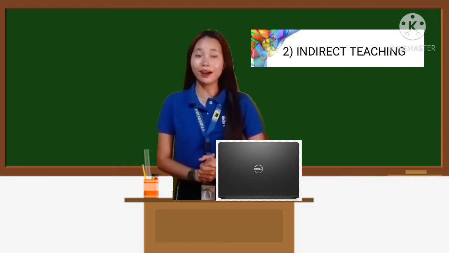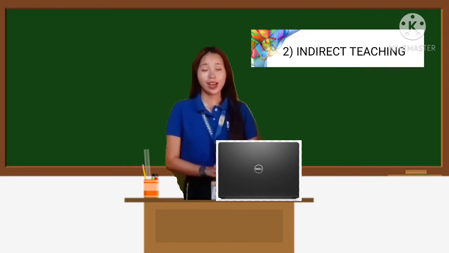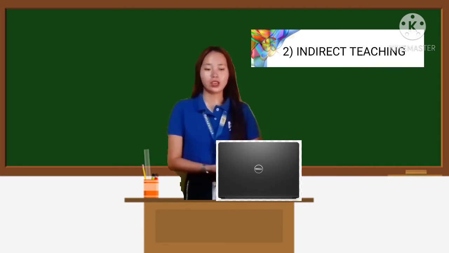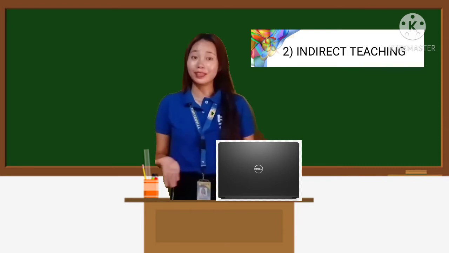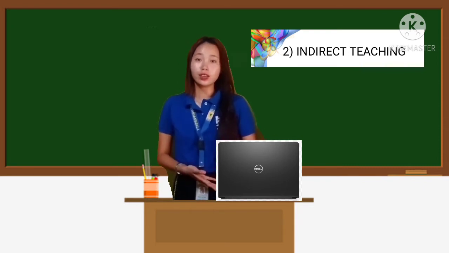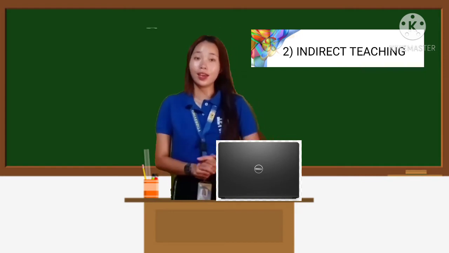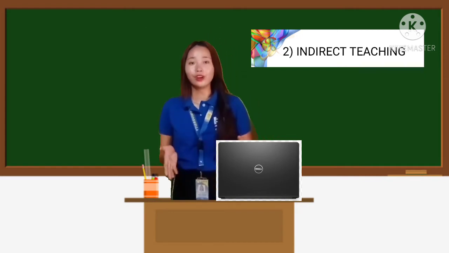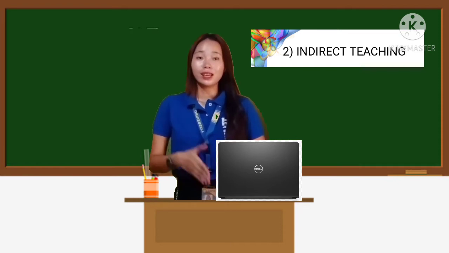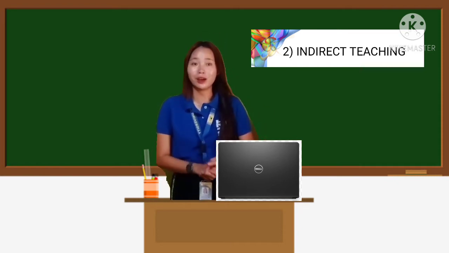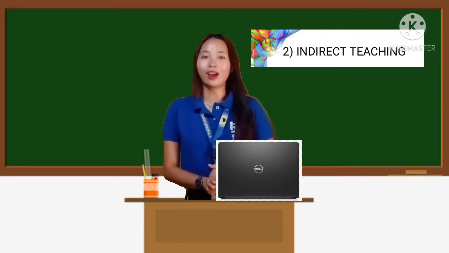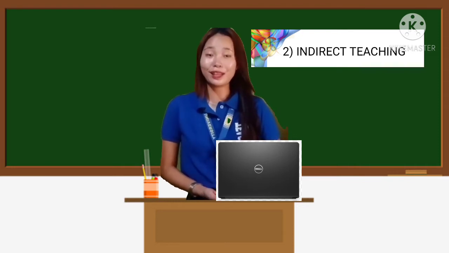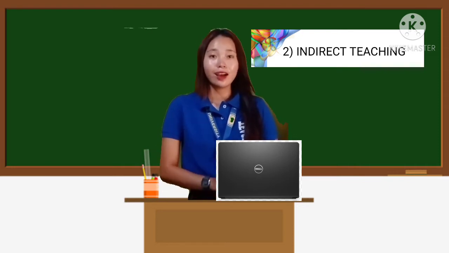An example of indirect teaching is pair activity, wherein the teachers pair peers of different ability levels to review their notes, study for a test, and read aloud to each other. By means of pair activity, the two students will collaborate with each other and share their thoughts to one another. So, let us proceed to the third method of teaching physical education and health education,